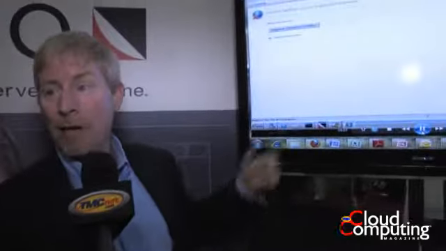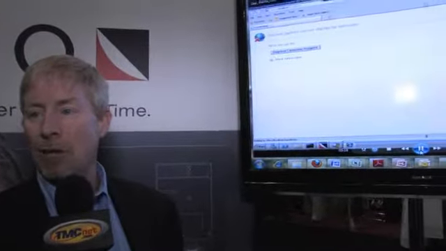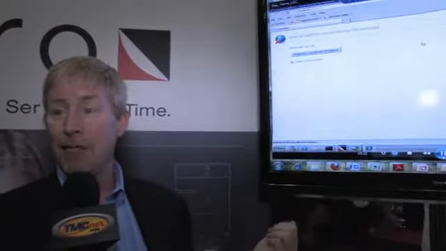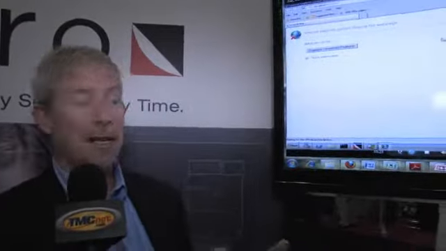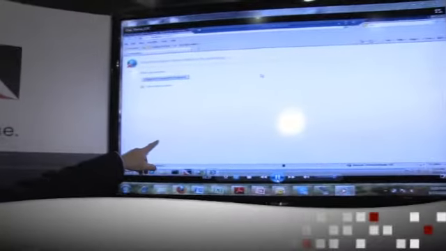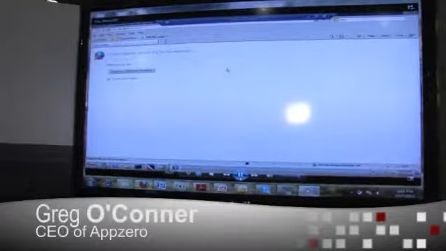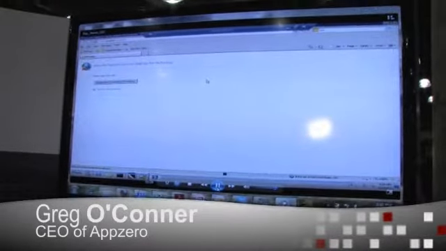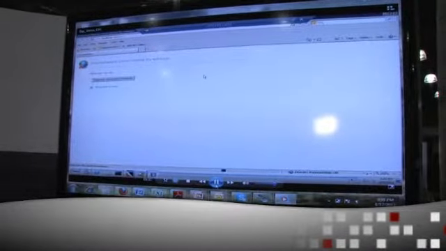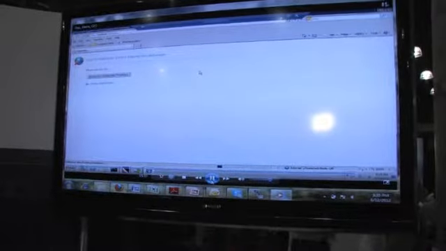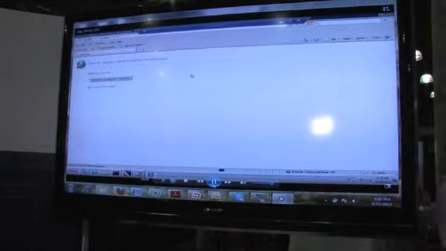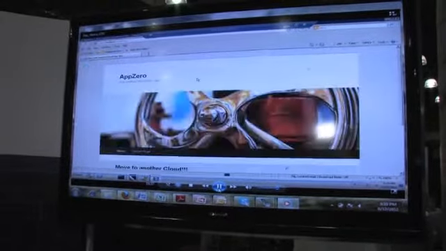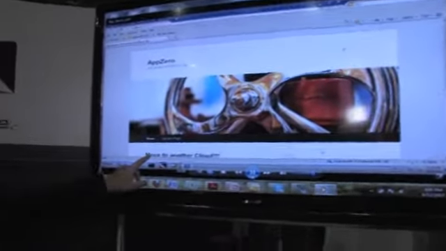So what we'll do is we'll go back to the browser here, and we'll refresh the browser and try and start WordPress. As we saw literally 3 minutes ago, it was not there, it didn't work, and now in the next 4 seconds, the application's going to come up, and it's going to have our move to another cloud text in it. So the application will then have moved over the internet from one cloud, the Amazon cloud, into the IBM cloud. So there we go. Here's the move to another cloud,